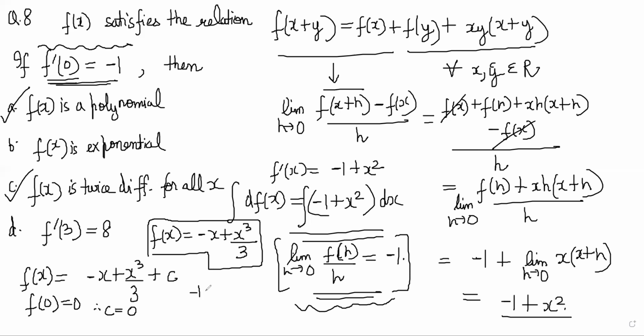So it is -1 plus 3x squared, so plus x squared, right? And put 3, it will be 8. Yeah, correct. So the question is solved if you have the idea that maybe I should take f dash x.